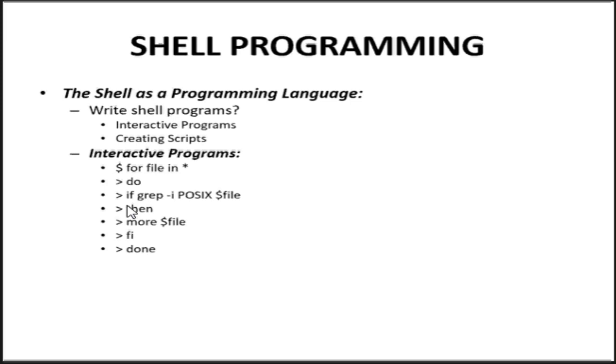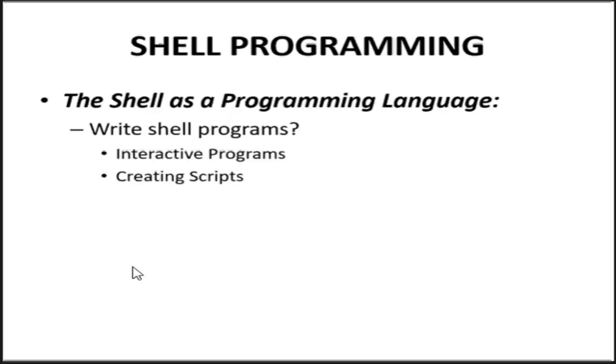Here, instead of searching using the grep command for the string in the files and then listing the files individually, we can perform the whole operation in an interactive script like this, shown on the screen, which will give the following output. It is a POSIX, and this is the file with POSIX in it, treat it well. These are the two lines it produces as output, which contain the string POSIX, and here we are getting the term POSIX in small letters and also in capital letters,